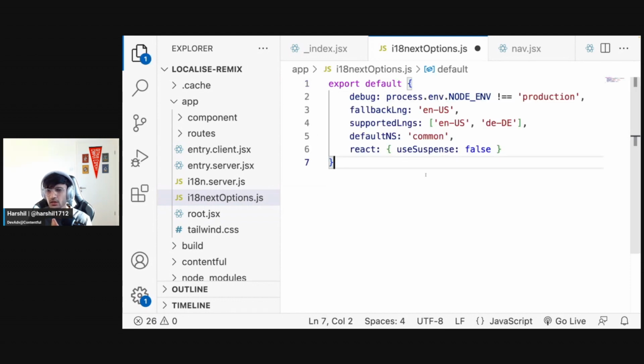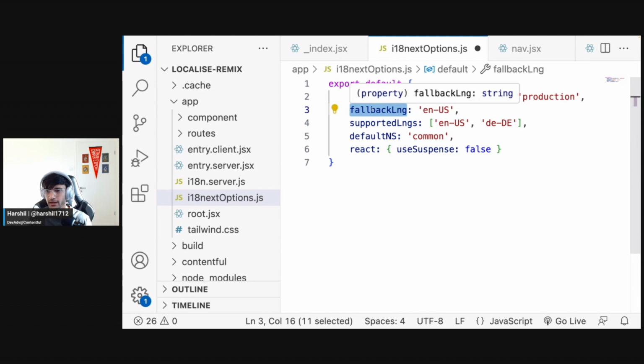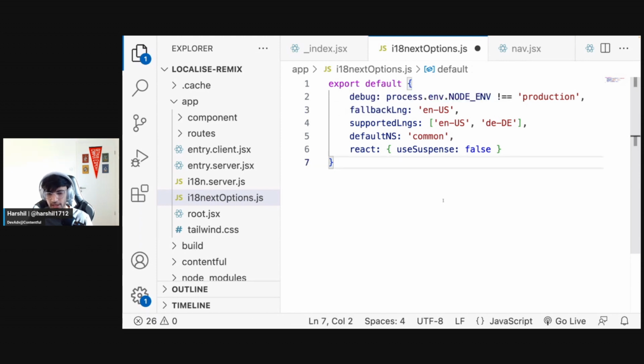Now, in this file, I am simply exporting an object, and in that, I am setting up the fallback language to English US, which means that if I don't have the content in a respective language, show the content in English US. Right now I've just configured it for two languages. I have supported languages, and in here I am passing two locales. The first is English US, and then there is